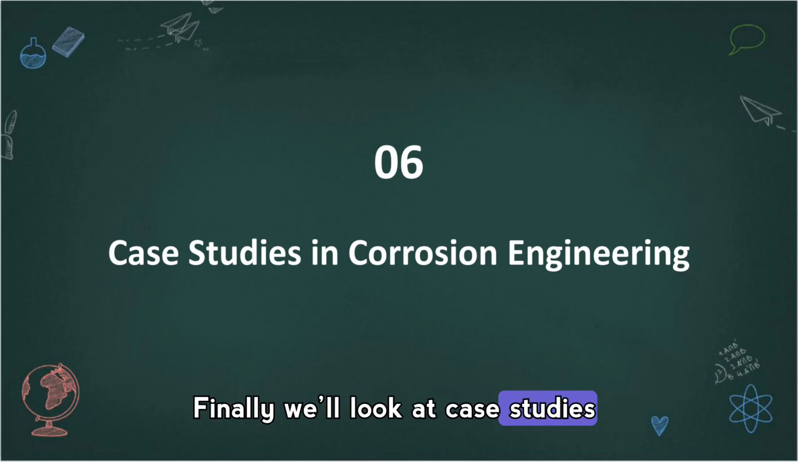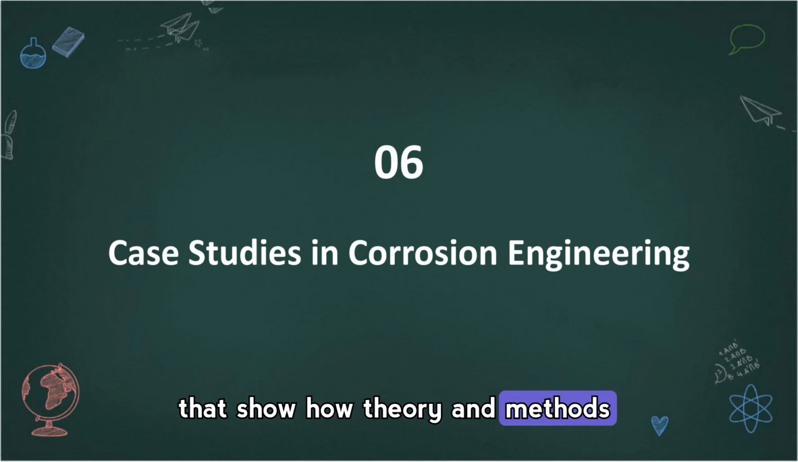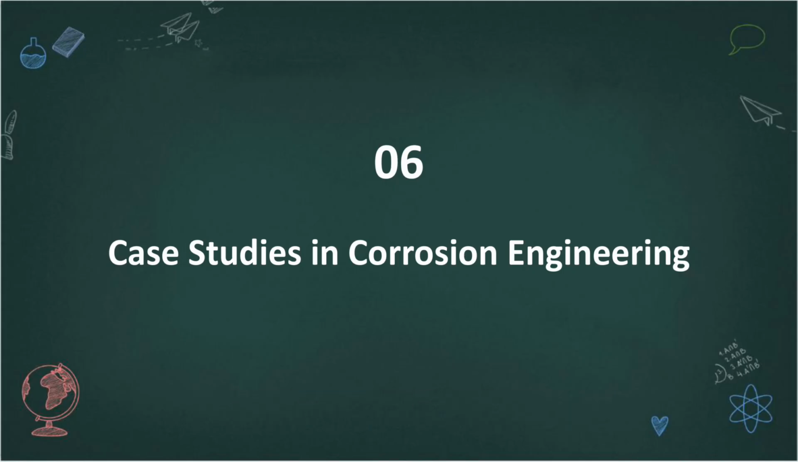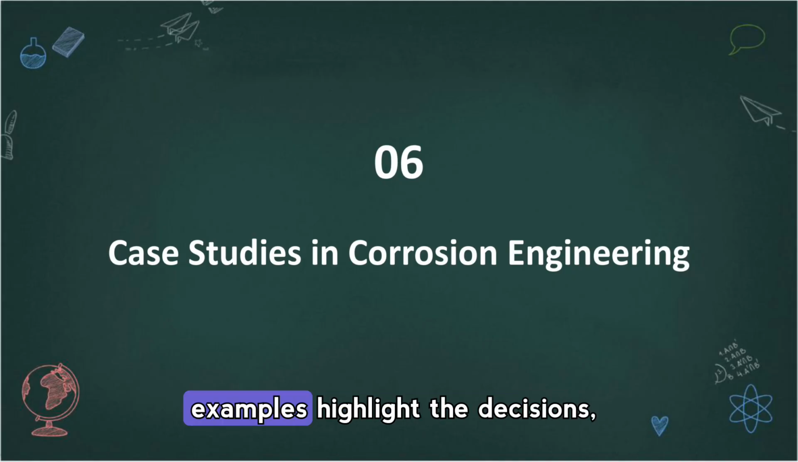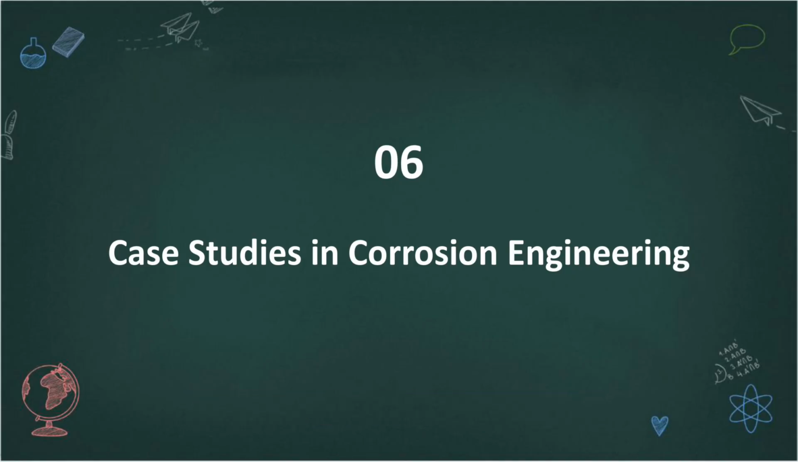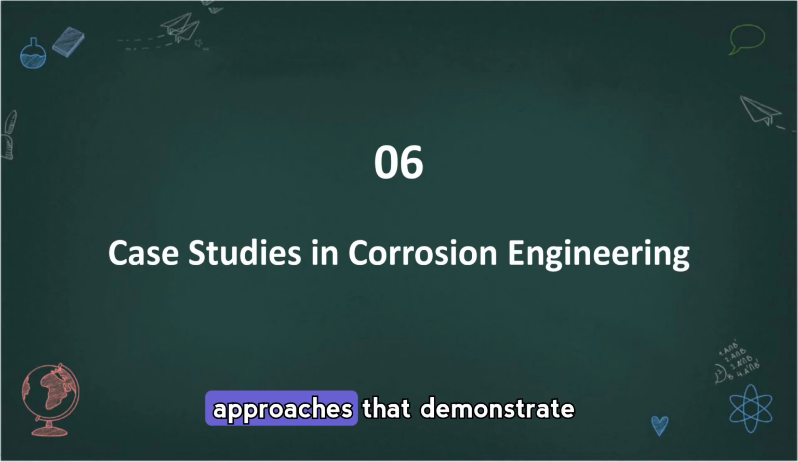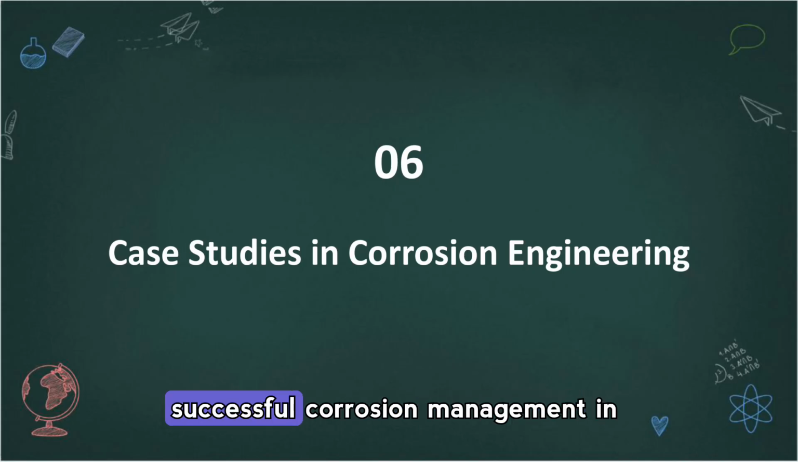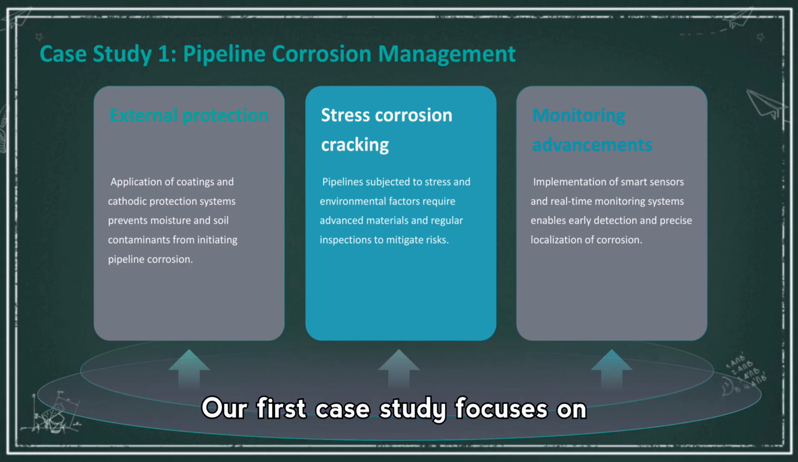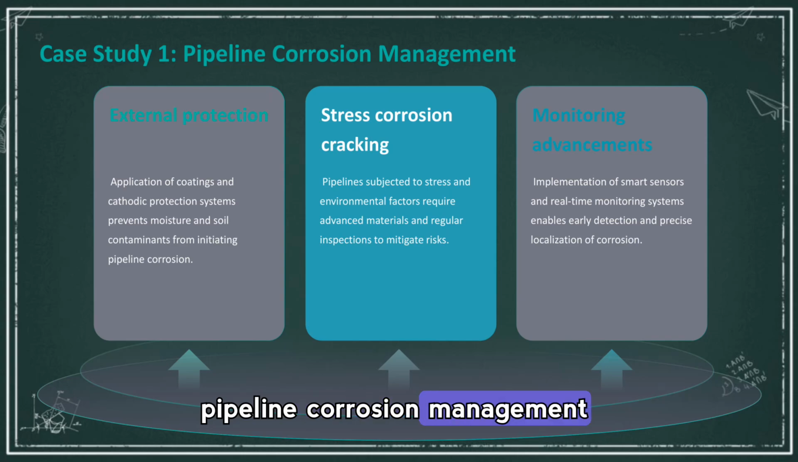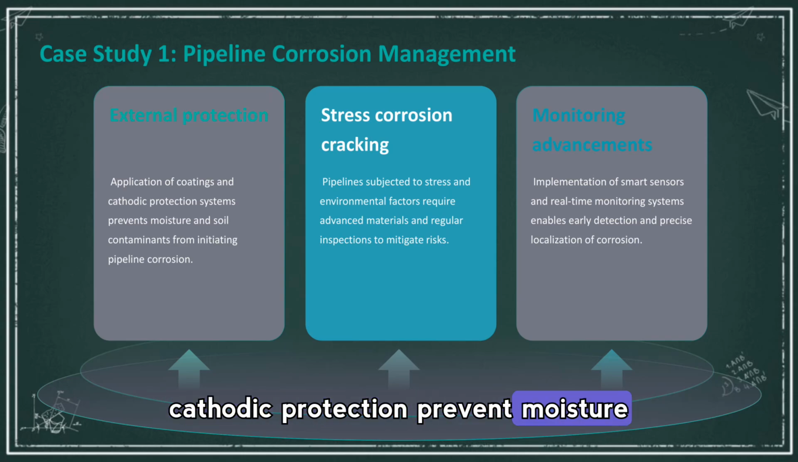Finally, we'll look at case studies that show how theory and methods come together in practice, illustrating pipeline protection, marine corrosion control, and aerospace strategies. These examples highlight the decisions, trade-offs, and monitoring approaches that demonstrate successful corrosion management in different industries. Our first case study focuses on pipeline corrosion management, where external coatings and cathodic protection prevent moisture and